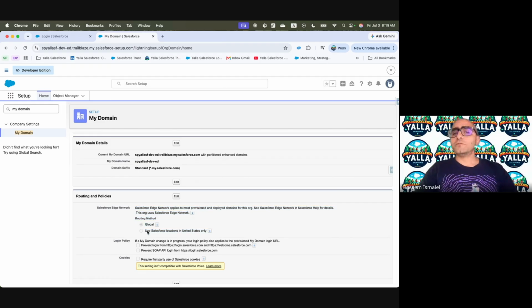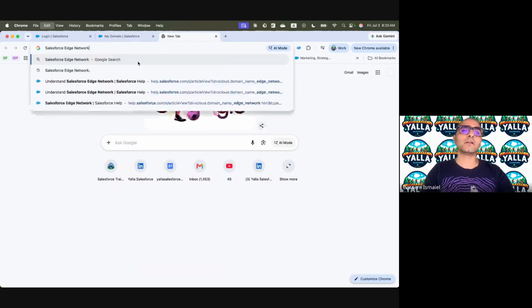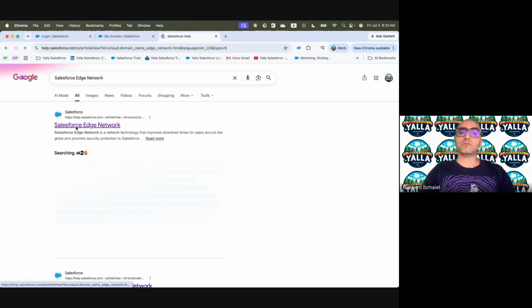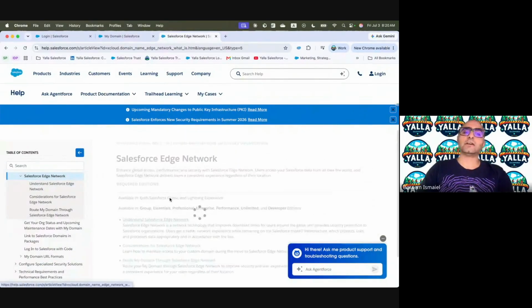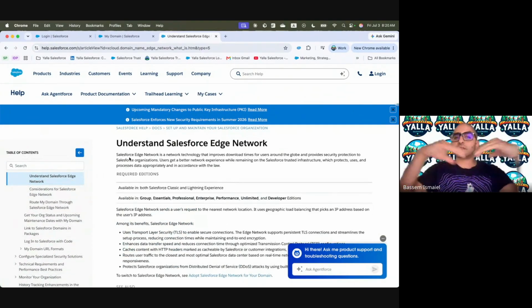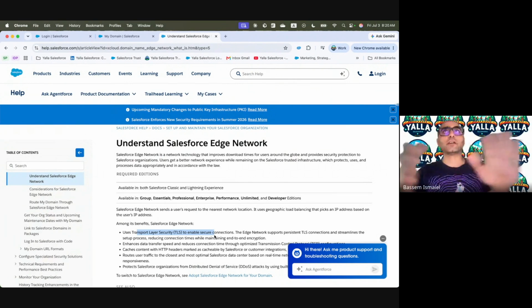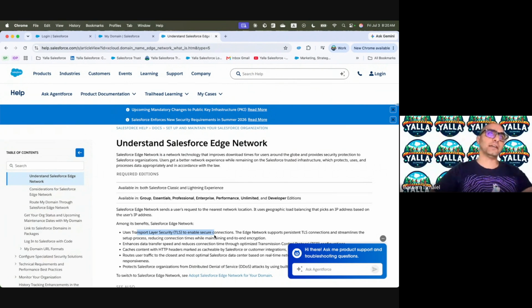And you might say, no, I don't want to go global. I just want to go through the locations within the United States only, and then I will be redirecting. So this is the option for Salesforce Edge Network. If you want to search more, just take this. You will find the help article that explains the Salesforce Edge. But this is in a nutshell how it works, and it's very useful for the networking and optimizing the caching and so on. So far, so good at a high level.